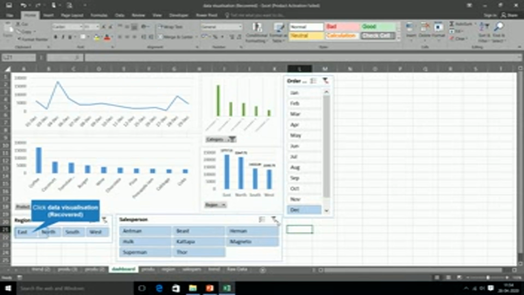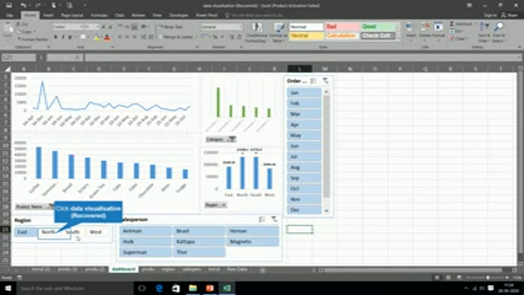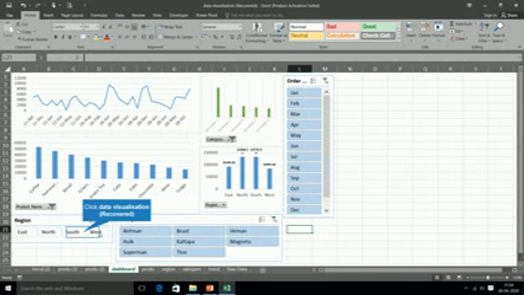If I am interested in knowing about the sales contribution from different regions, then I can go with these region slicers. Region wise I am slicing the data and getting more insights into this data. When I click on this East button, the sales that happened in the East region will be displayed here, right? The same way for the other 3 regions also.